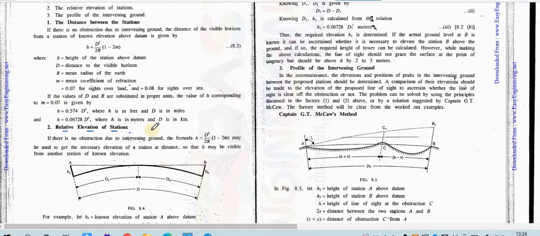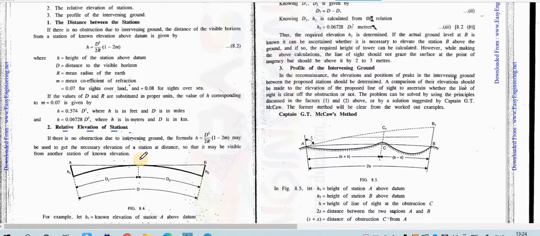So good morning, everyone. As you all know, in surveying two, we are studying triangulation surveying. And triangulation surveying, as you all know, connects the survey area by a number of triangles. In triangulation, one more factor is that we need to consider the Earth's curvature effect also. And generally, triangulation surveying is done in order to prepare maps for countries.